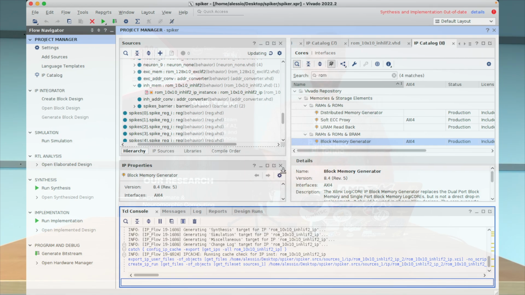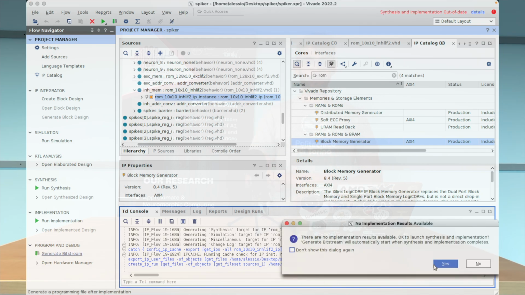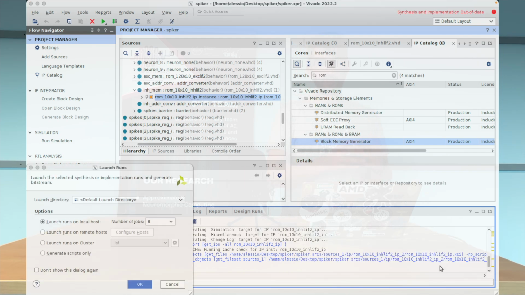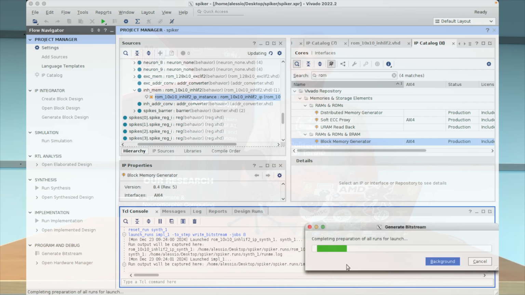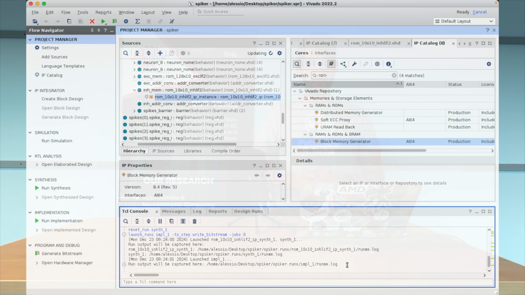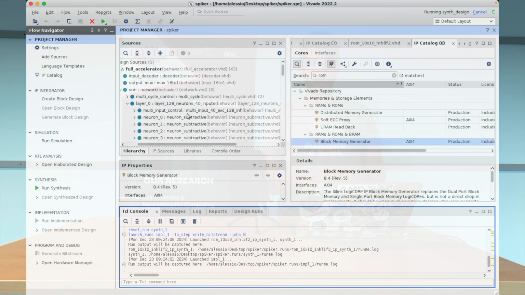Once you have repeated this step, we can generate the bitstream. This will run all the steps that are required to generate the accelerator that will be hosted on the FPGA, so the synthesis, the implementation, and then the generation of the binary file that we can copy on the FPGA. While the generation of this bitstream, so this binary file, is running, let me show you a little bit more